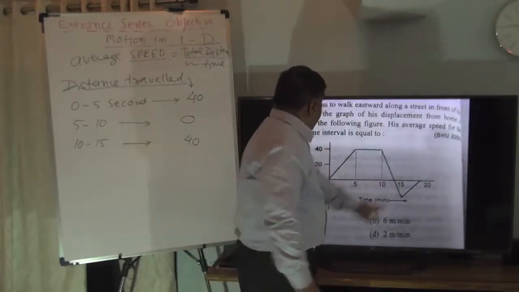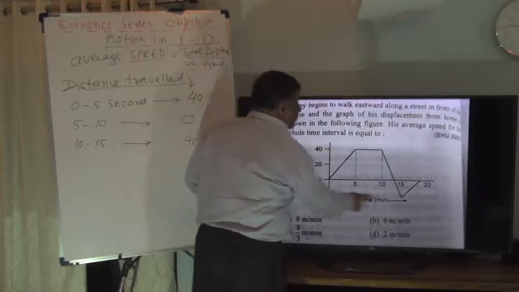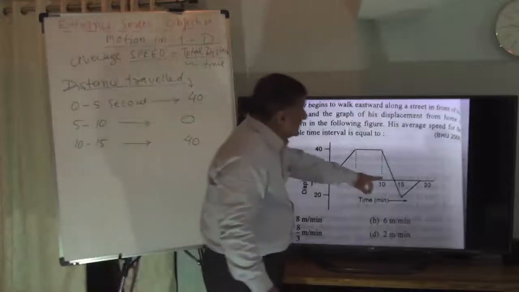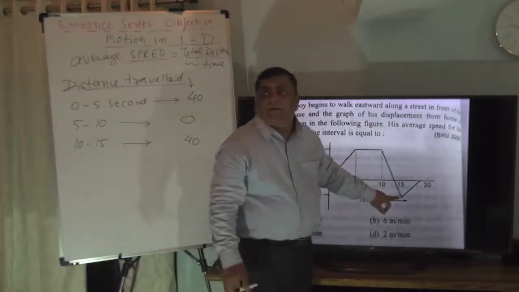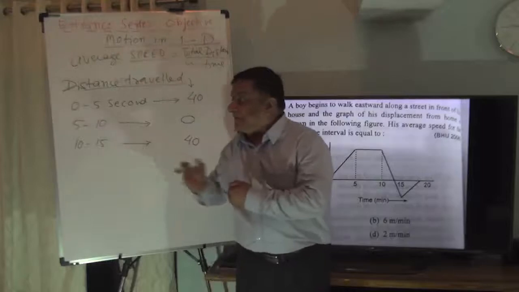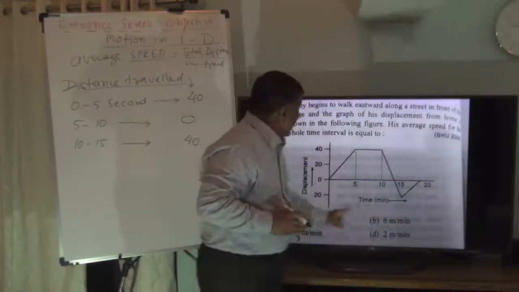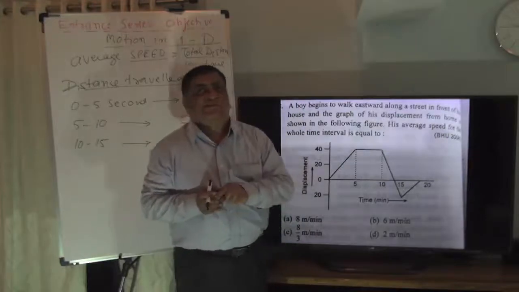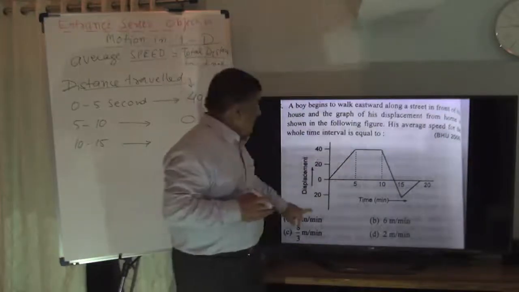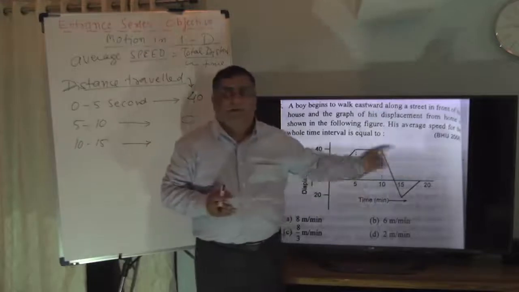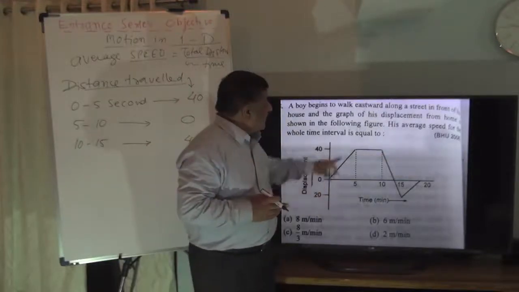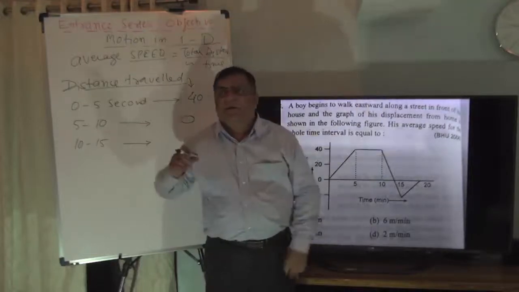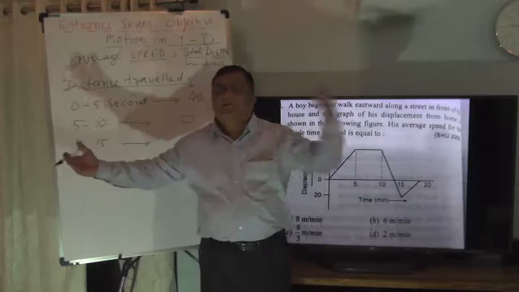5, 10, 15, then he goes to the level of 20, not concerned with time. That is on the other side. इधर से 40 से वापस आया, दूसरी साइड कितना गया? 20. तो कितना चला होगा इस पोजीशन से? तो आंसर है इस पोजीशन से 20 इस तरफ गया, 20 माइनस की तरफ गया. फिर से देखिए, ये यहां से पॉजिटिव साइड कितना गया? 40. If we say this is positive, this is negative.